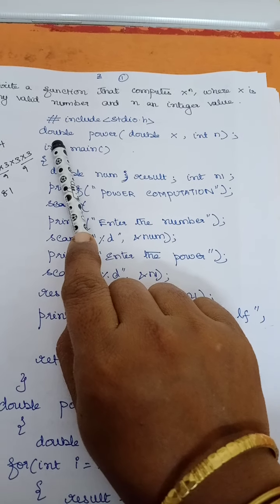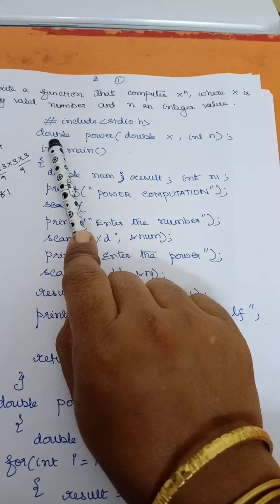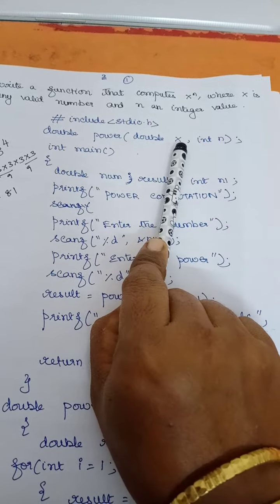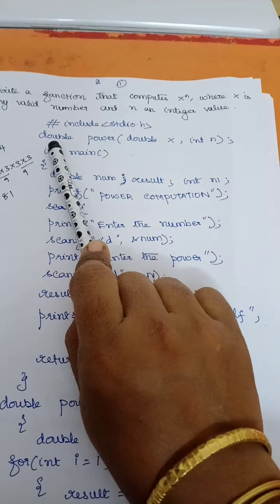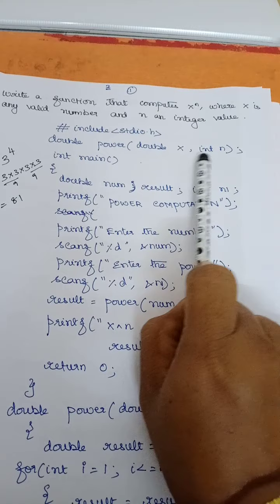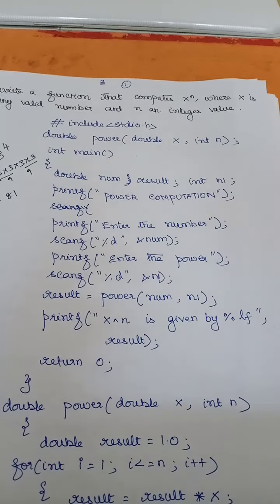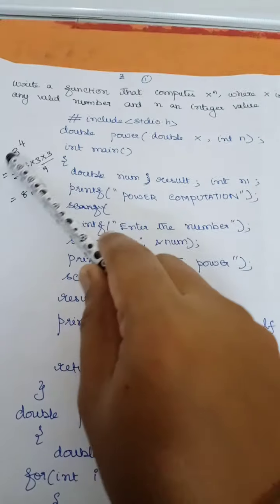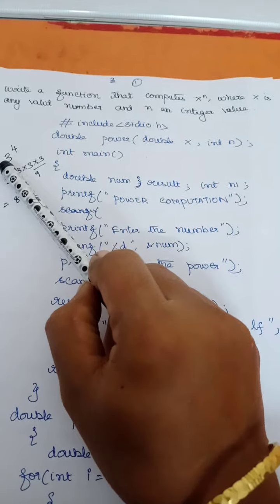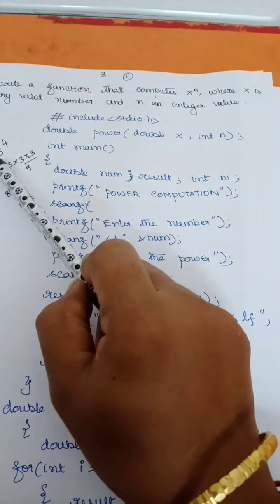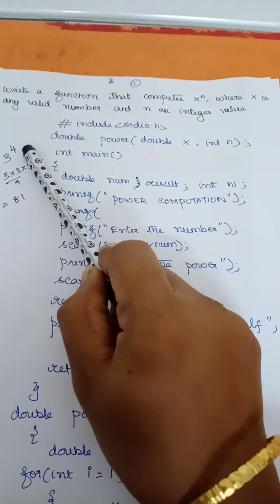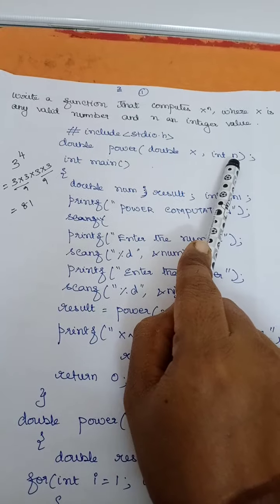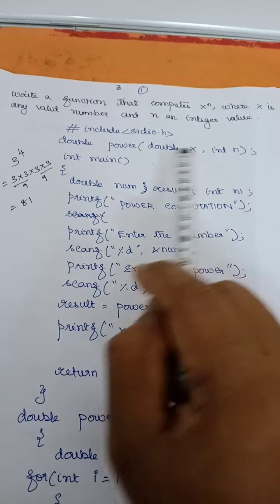What is a declaration here? This is the return type. Why am I using double? Because I can also give a floating point value, right? So here I have written double power(double x, int n), right? You can also use int power(int x, int n). The power should always be int, right? But here this number can be anything. Even I can have 3.4 to the power of 4, right? So that is why I have written double here. And the power value should always be an integer, right?